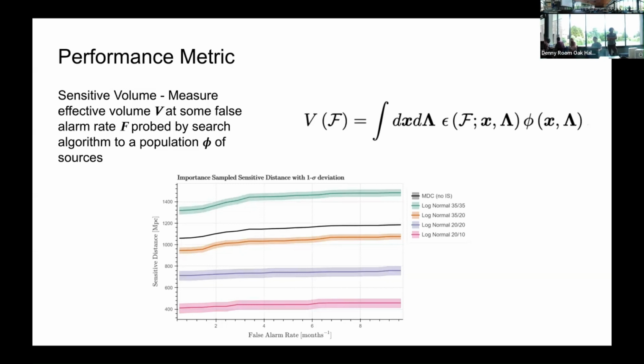Once we have a trained model, a standard performance metric that's used for basically all gravitational wave searches is a sensitive volume. The idea is you measure the effective volume that your search is sensitive to at some fixed false alarm rate, given some population distribution of sources. So you're trying to calculate this integral on the right, where phi is your population and epsilon is your search efficiency. This is typically done with Monte Carlo integration because this integral is pretty complicated to calculate analytically. So what this ends up looking like is you'll inject a bunch of sources from your population phi uniformly in volume into your data,